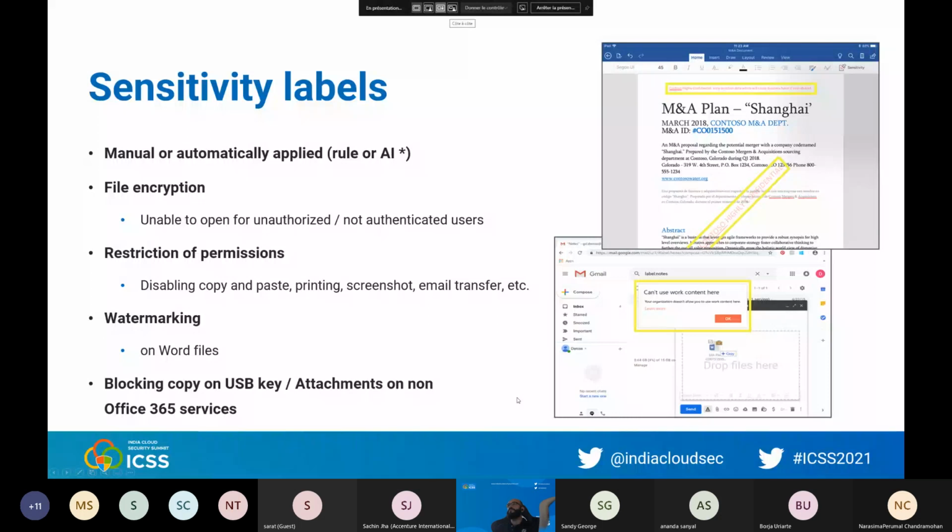Or if you have Microsoft 365 Business Premium, you can implement sensitivity labels. You will apply those labels on your documents, and you will do it only for really sensitive documents, like top secret or confidential documents.